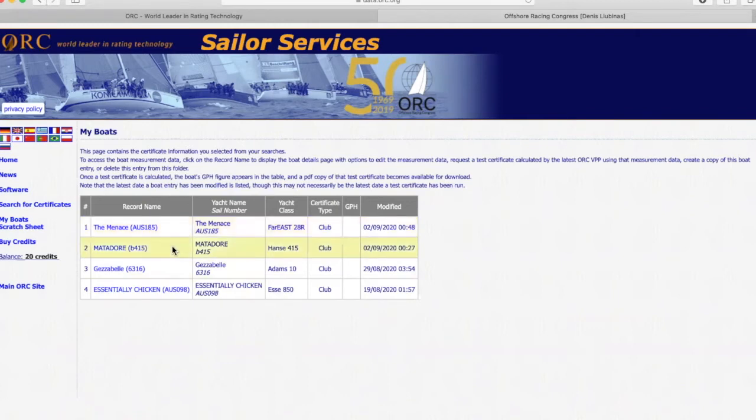Apart from adding the boat you'd like, if it's your own boat, you can add other boats from the club if you wish, or even other boats that are similar to you, so you can look at comparative ratings. The important part of this section here is to be able to go and generate the features of the test certificate. So by clicking on here,